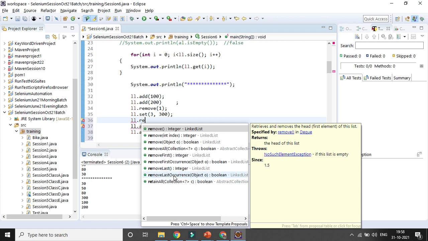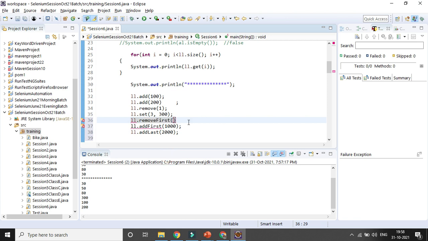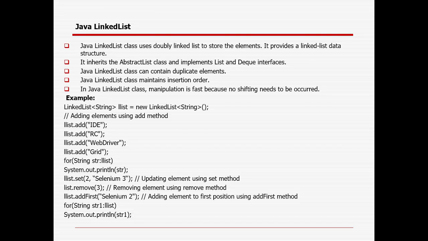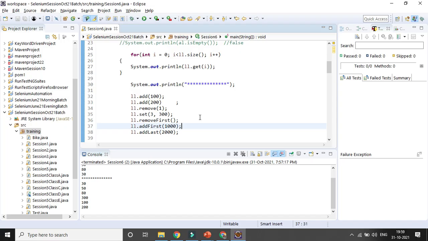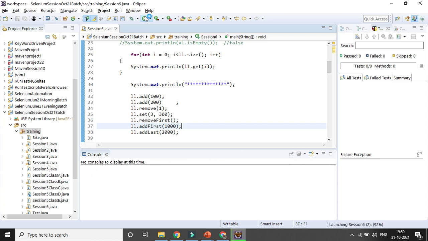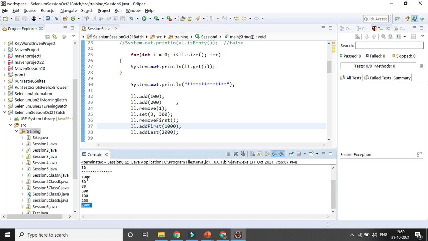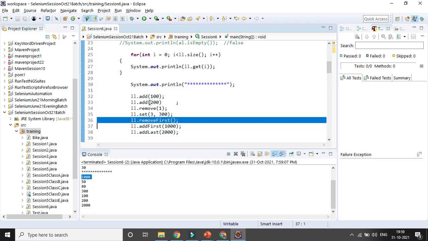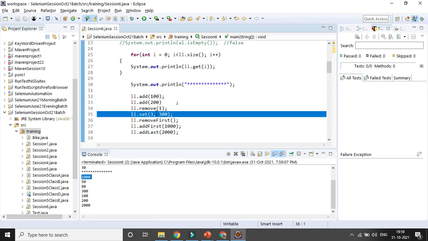Otherwise, array list and linked list behave the same way, but one advantage is that linked list also implements the Deque interface. So that is the reason whatever double-ended queue features there are, it also gets them, right? Otherwise, the same way it will behave. You could see 2000 is added last and 1000 is added first, and removing first. So after adding, 200 is not there because it was removed again, because it removed the first element, which is 30. Okay, so these are the different additional features.